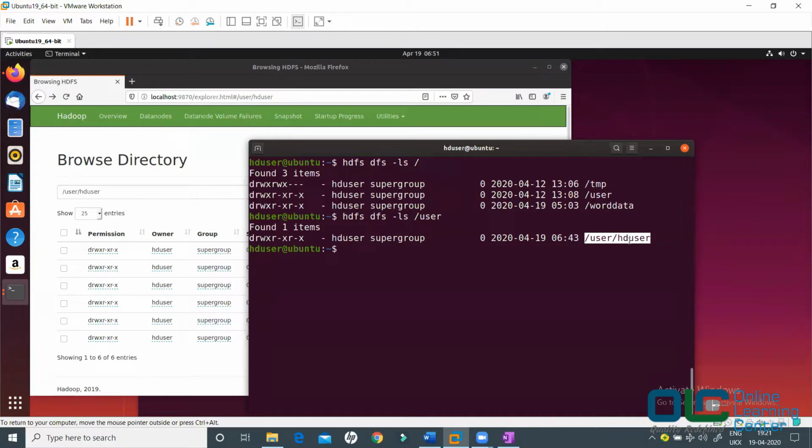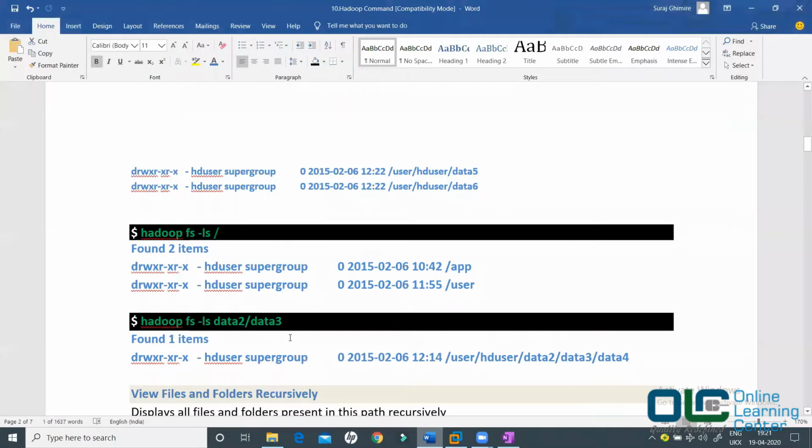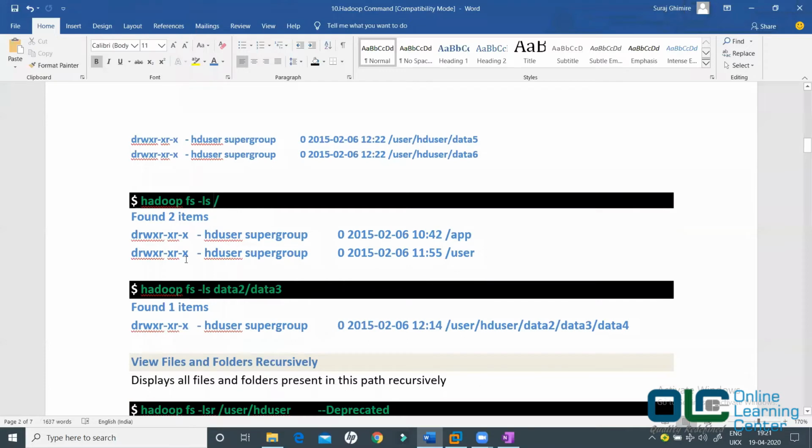Now if you are working in any big data project, I suggest that you log into your company's edge node and just execute this command: hadoop fs -ls /user. You will find a long list of all the users who have access to that particular node and cluster. In our case we have only one user, and that's the reason we are seeing only one output here. All right, let's move on. So this is how you can go specific. You can say, hey, you have the data2 folder, inside that you have the data3 folder. I want to know what is there inside this data3 folder.